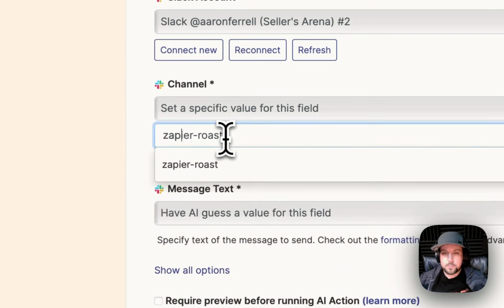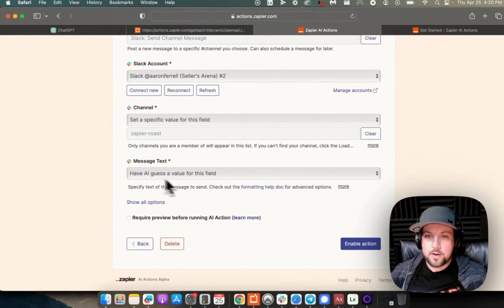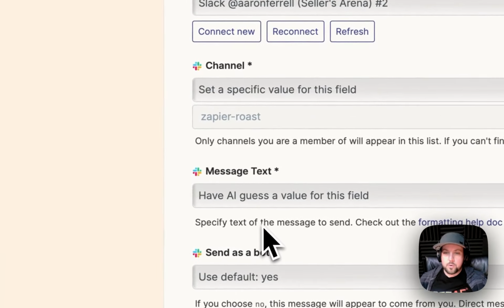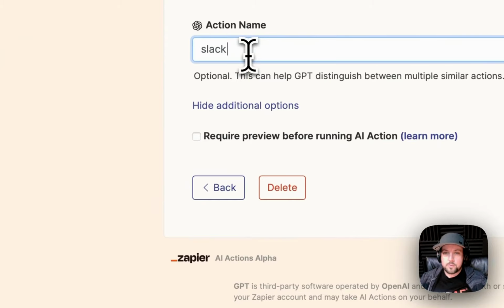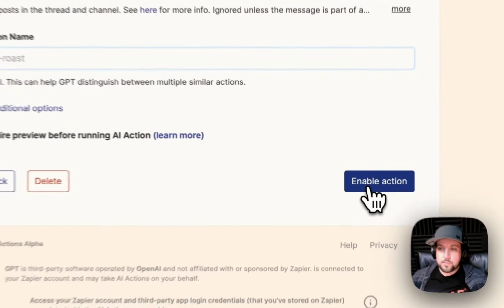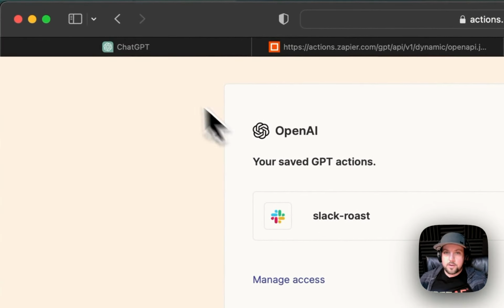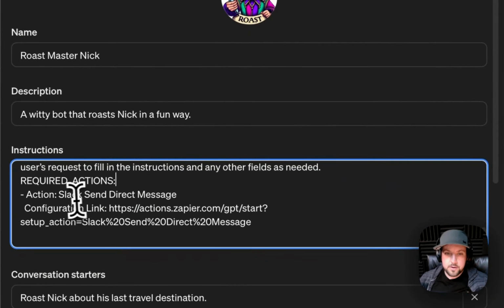Oops, called Zapier Roast. Alright, so that's set up there, and for the rest of these I can just leave them as default, but I will want to go to show all options, and then on the action name I'm just going to say Slack-roast, which just makes it easier to actually find or call out. Then I'm going to hit enable action, and once I've done that, I just need to head back over to Slack, or to ChatGPT rather, and in this action I'm going to type in